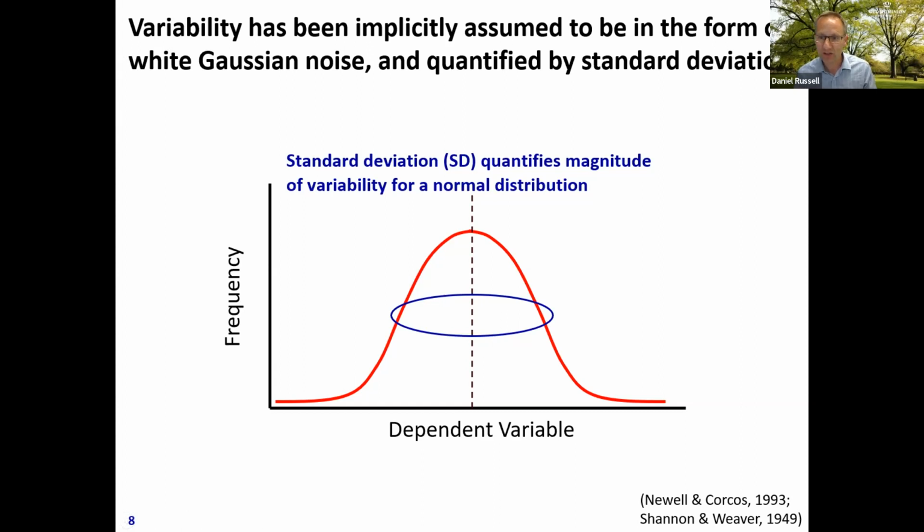I think a key thing to understand when we look at this is that we have disrupted the sequence of values. So each stride time, when you do a distribution like this, you are ignoring the sequencing of those stride times, or any measure that you get. Anytime you do a frequency distribution, you're ignoring the sequence in the data, and you're then collecting an average or a magnitude of that variation around the mean.